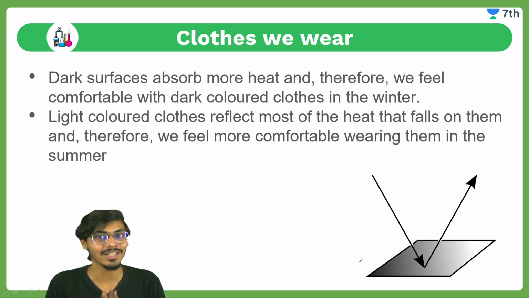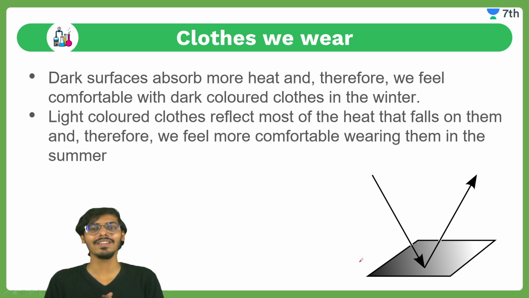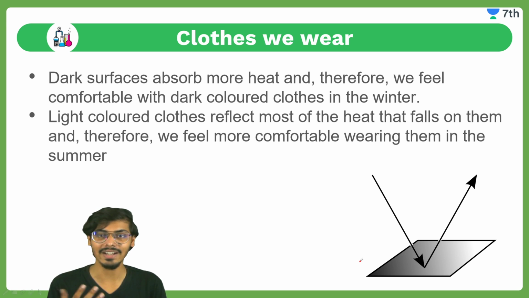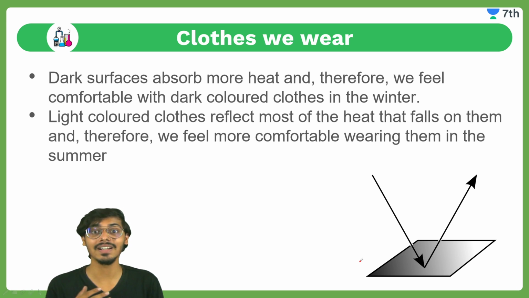और मैंने क्या बोला था? Heat also travels along with light. Sunlight के साथ heat भी आता है. So which means if there is an object which is darker in color, it will absorb the light as well as the heat. तो वो जल्दी गर्म होगा. And if there is an object which is reflecting light, which is lighter in color, then it will reflect heat